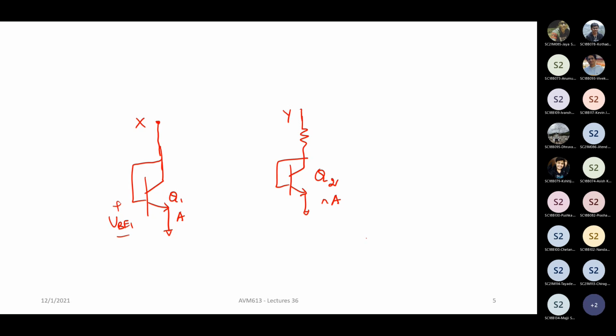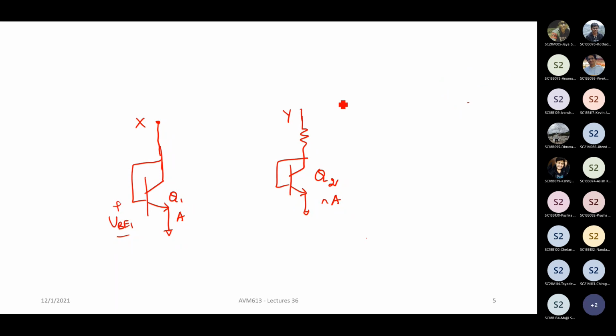Now, typically you put an op amp with some negative feedback, and we know that when you have an op amp with a sufficiently large gain and you put something in negative feedback, then there is a virtual short between the two input terminals of your op amp. In other words, the op amp will drive things in such a way that the two input terminals become equal. So that is exactly what we are going to do here.